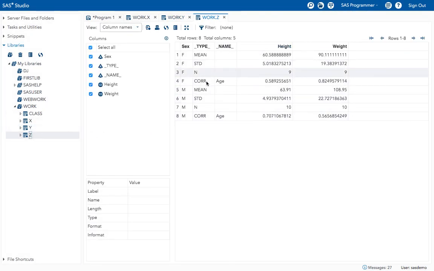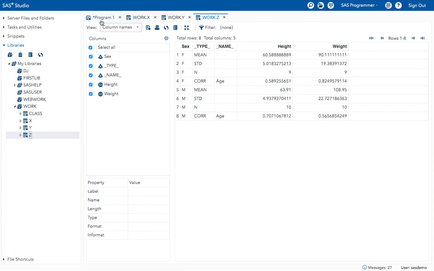Okay, it is showing you the correlation for this, and also you get all these statistic values, mean, standard deviation, and how many observations, everything. Okay, like this you can print your data into the output dataset.